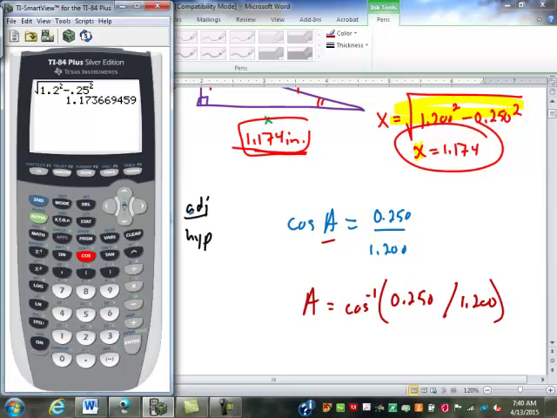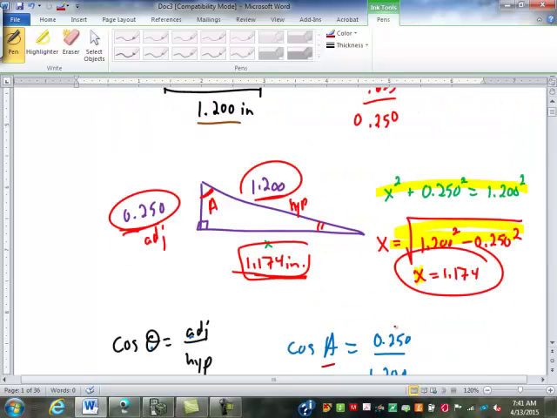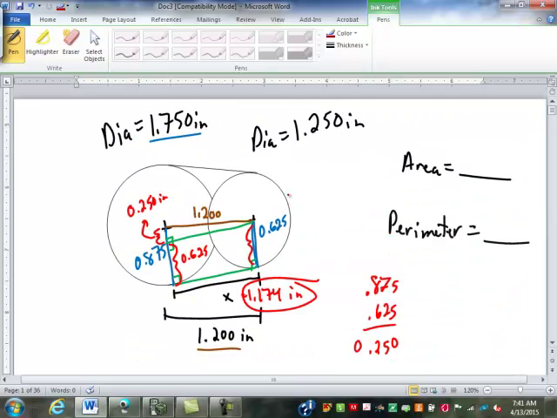So second cosine, 0.25 divided by 1.2, close my parentheses, 77.98 degrees. So that's that angle. So once I know that this angle here is 77.98 degrees,